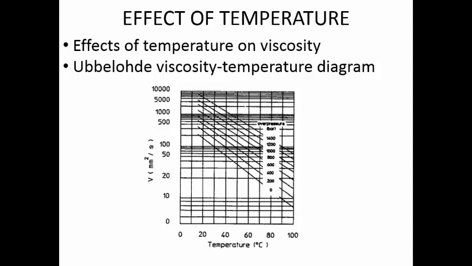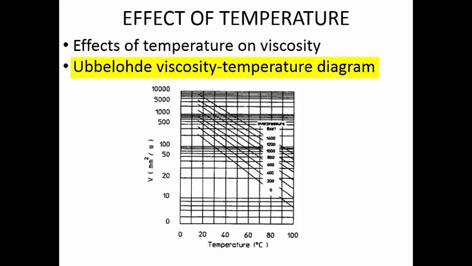Now if we plot the temperature against the kinematic viscosity of the hydraulic fluid on a logarithmic plot, that is a double log plot, where the x-axis is logarithmic and the y-axis is also logarithmic, you are going to get a straight line. We know that the viscosity of the hydraulic fluid will decrease with temperature, and the plot shows the same thing. Since it is a logarithmic plot, you get a straight line relationship. As the temperature increases, you can see the viscosity drop. This plot is called the Hubbell-Ford viscosity temperature diagram.